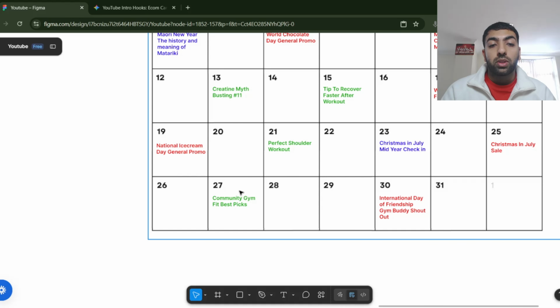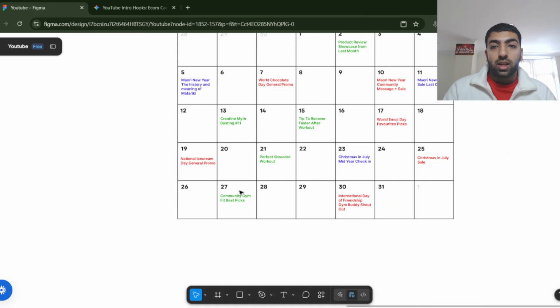And then lastly we've got community gym fit best picks. So these could be the best gym fits from your community, which you can do some Instagram poll on and then get those pictures. And so as you can see,